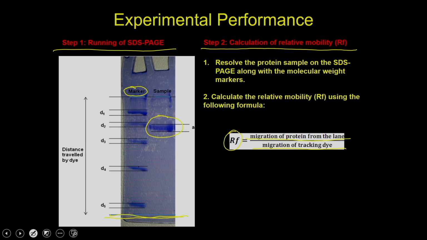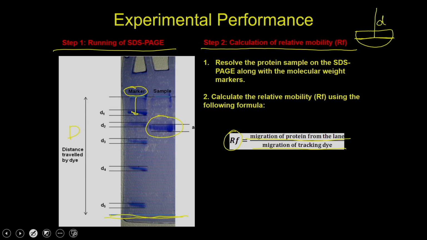So, that is actually going to be the distance d that you put, and then you can determine the distances of each and every band of the molecular markers, and that is how you can get the relative mobility of each and every band. And when you see that a band is slightly thicker than you expect, you simply take the middle of the band and calculate the distance from there.